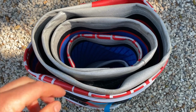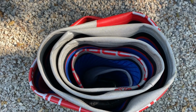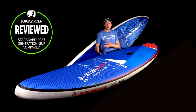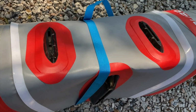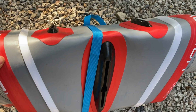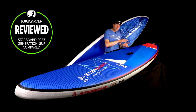Another observation, which is a pro and a con really, is the board rolls up incredibly tightly. You can get this board really rolled up small. I don't know what they've done with the rails because there's loads of rail material here, but you can get it really rolled up really small, which is obviously a pro. But when you get to the back of the fin box, you're gonna have to be really aware that you don't fold your fin boxes and give pressure on the fin boxes. You wanna make sure you get your folds correctly so your fin boxes end without them being loaded on the corners of those fin boxes. It's definitely an observation, this one. You're gonna soon get the hang of rolling it,